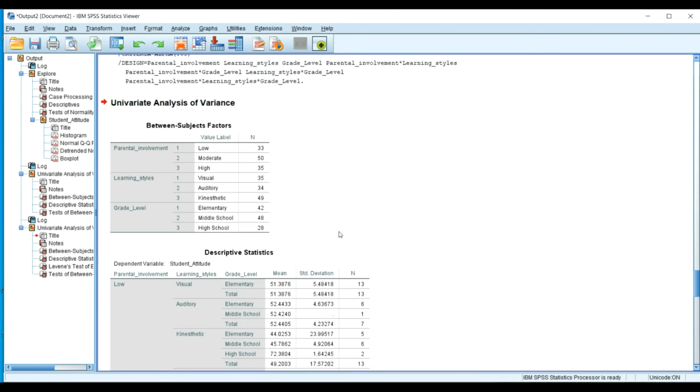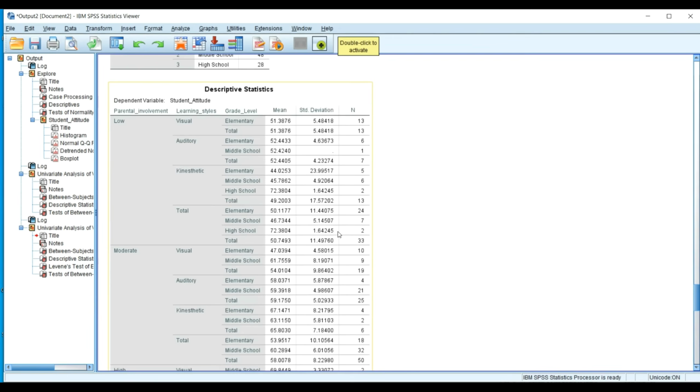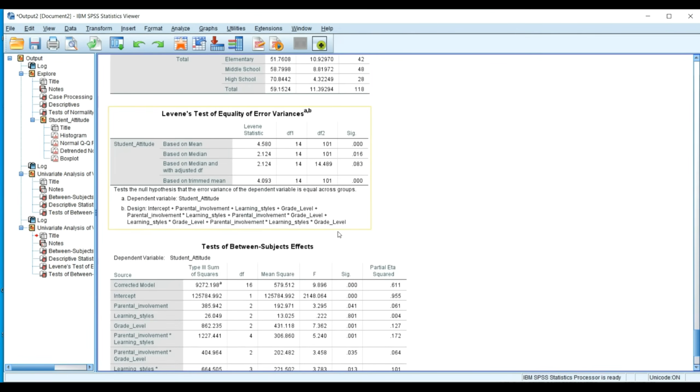If you look at the result here, this is what we've already got before now, but I want you to look at the homogeneity of equality of error variances. This is Levene's test. You look at the sig value. We are interested in making sure that the sig values for all of them are not less than the 0.05 significance alpha level. So at this stage, you can see that the study is already violating the rule of ANOVA, and it should